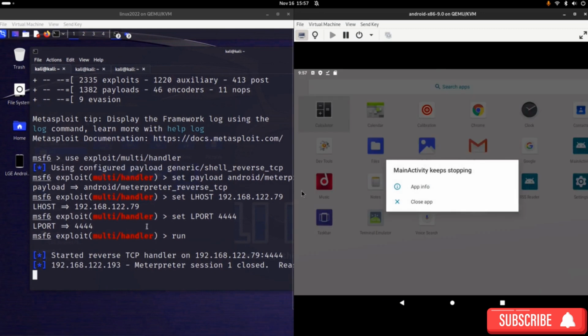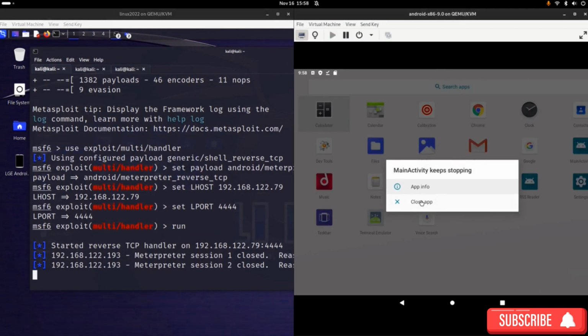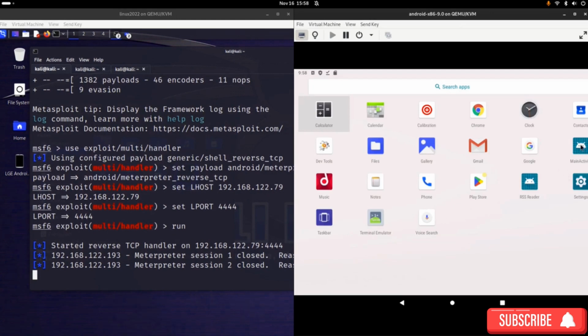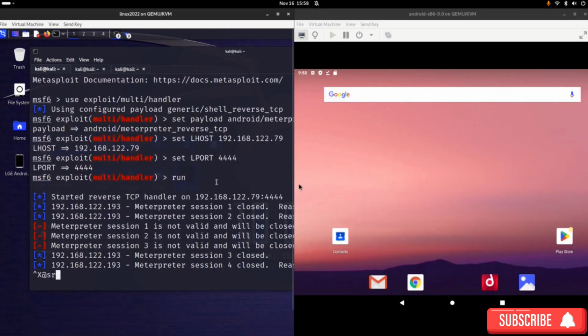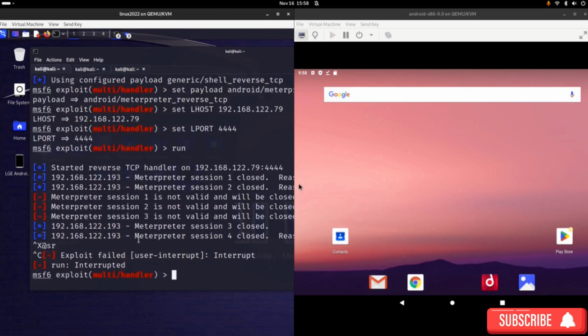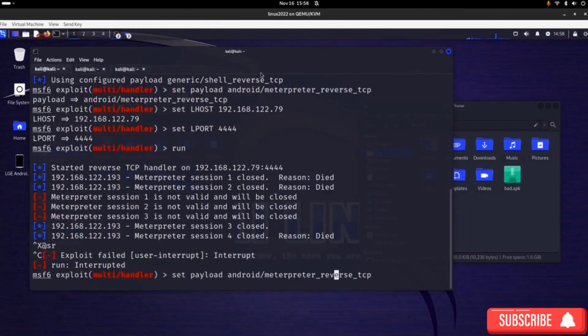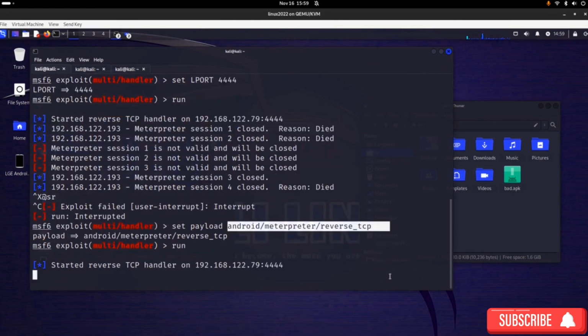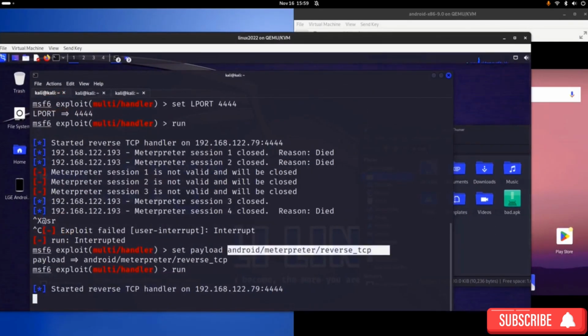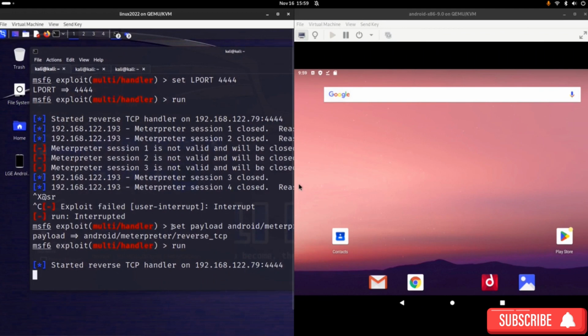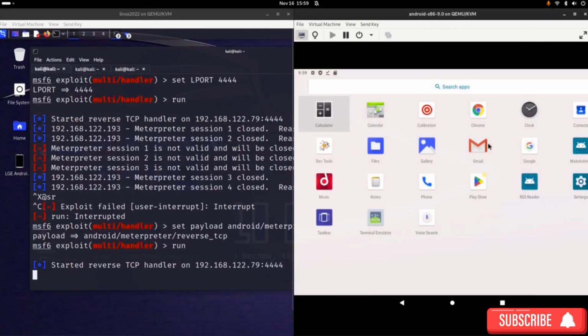And you'll see something changed here on the program, but something's wrong. So the thing that's wrong here is the payload. So if we block this, we need to change the payload to Android/meterpreter/reverse TCP. So you have to be very careful that the payload is exactly as in the MSF Venom command. Click run again. We're gonna move it to the side here. The payload must be exactly the same. So once you've done that and start it,